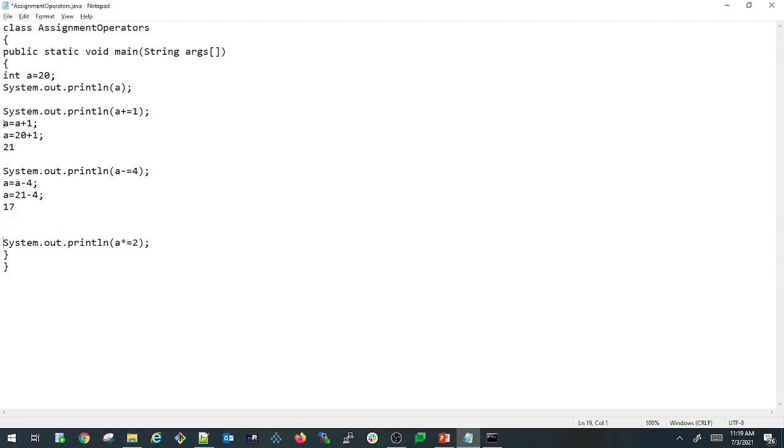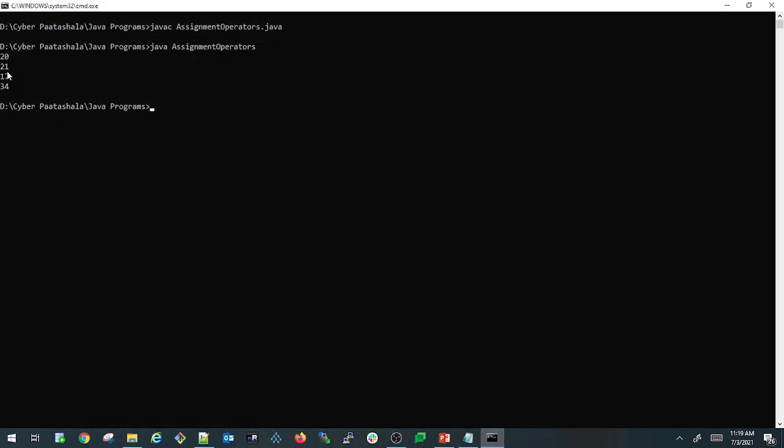And after that, in the last print statement we have written multiply and assign, which is equal to a = a * 2. Already we have the value 17 inside a, so 17 into 2 is equal to 34. That is the reason it printed the values 20, 21, 17 and 34.